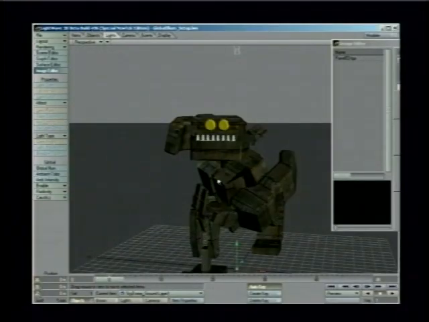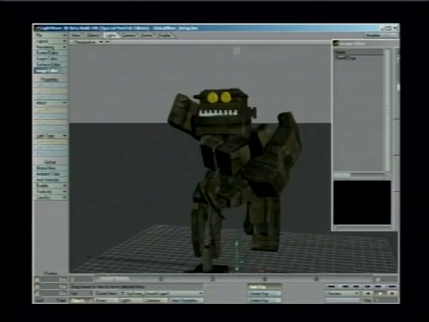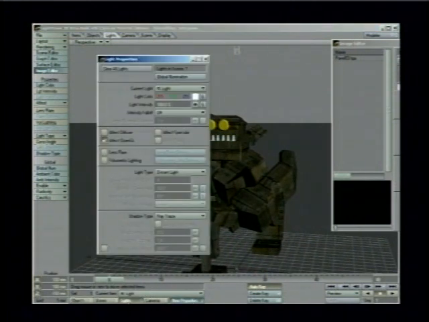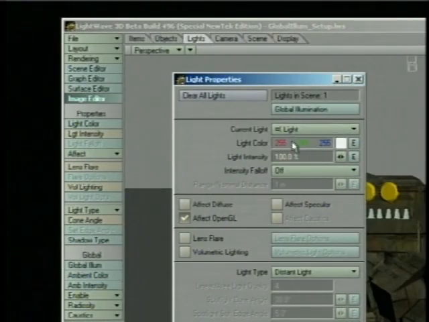I've created just a large single polygon that's underneath the robot so they can cast some shadows. And then we're going to use the background settings or backdrop to illuminate the scene. You'll notice in the scene here, there's not much lighting going on in OpenGL. If we open up the lights panel, you can see we have a single light, and it does have an